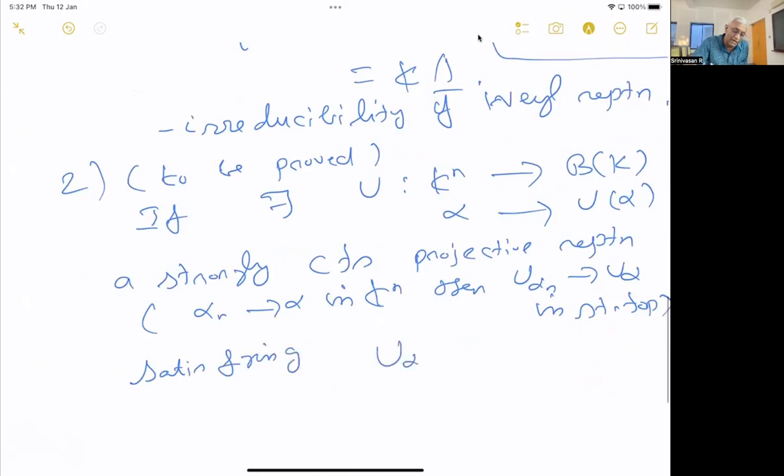That is, u alpha prime equals e power minus i imaginary part of the inner product of alpha prime, alpha, then u alpha plus alpha prime. Same Weyl relation, it satisfies. Then